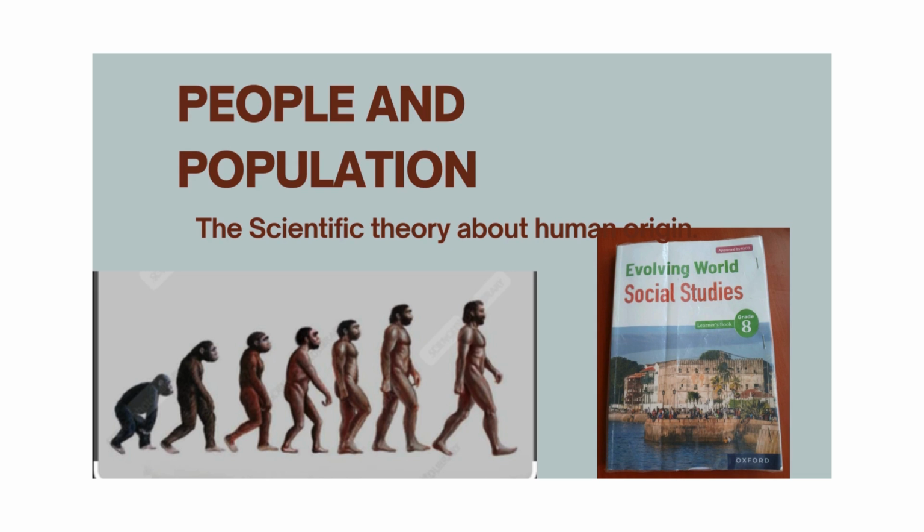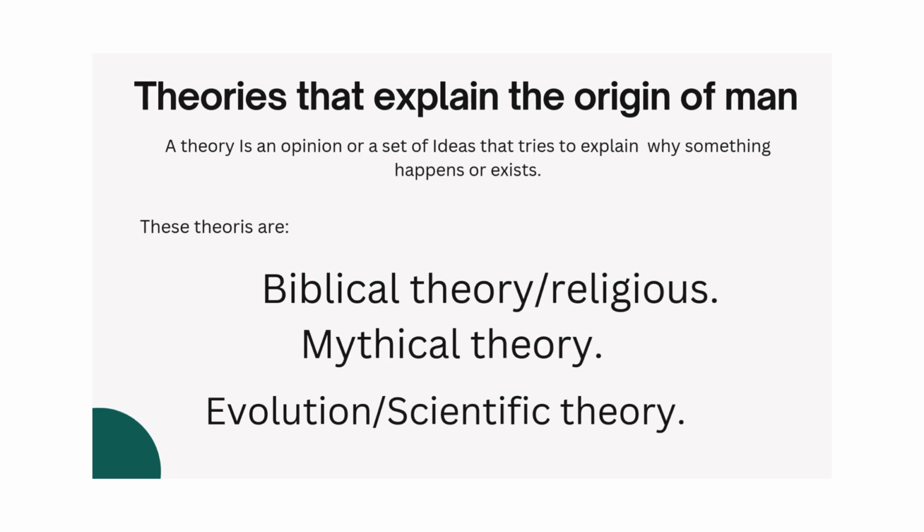And under it, I want us to look at the scientific theory about human origin. I want to take you back to the other grades: in grade 4, in grade 5, and even in grade 6, together with grade 7. You are taught the same thing, except in grade 7 and in grades 4, 5, and 6, you are still taught people in population. But in those grades, actually, you are taught about